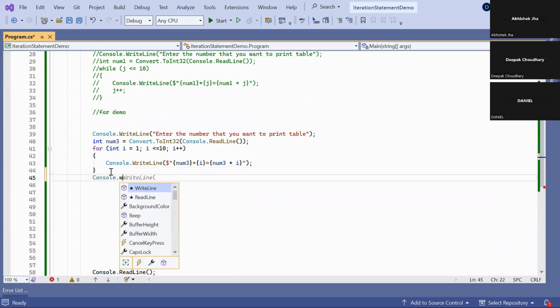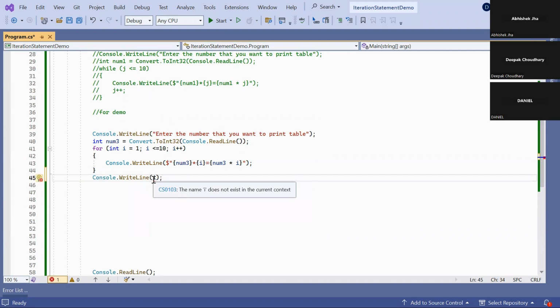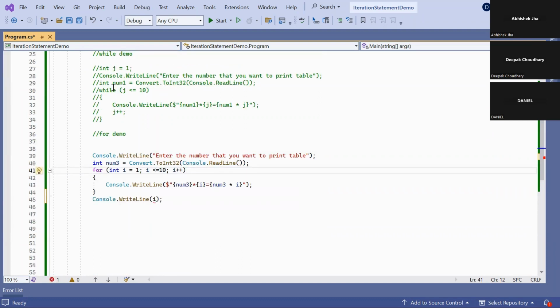Suppose you try to print i, that i is not available. So instead of declaring or incrementing or decrementing in the loop or outside the loop, the for loop gives you the feasibility: you can declare and initialize the member, check the condition, and increment or decrement the value in the same place, and based on that your statement gets executed.